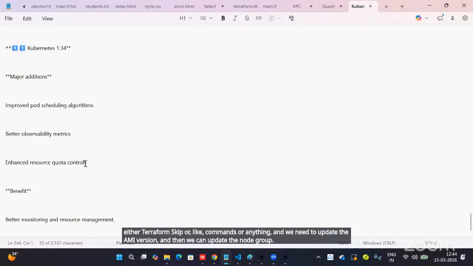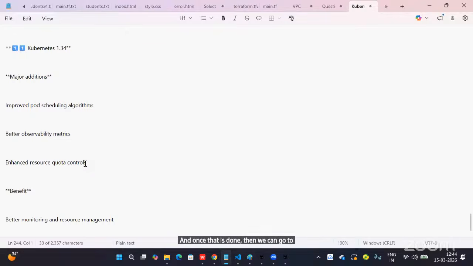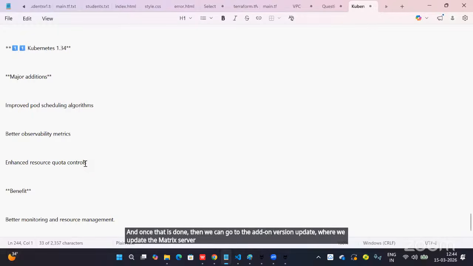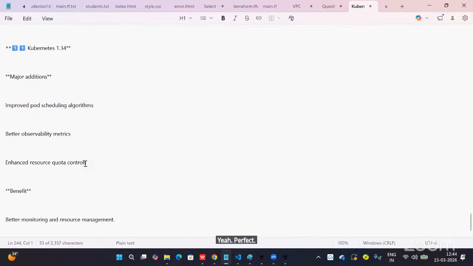Once that is done, we go to the add-on version update, where we update metrics server, VPC CNI, and multiple add-ons used for EKS. Perfect. Thank you.